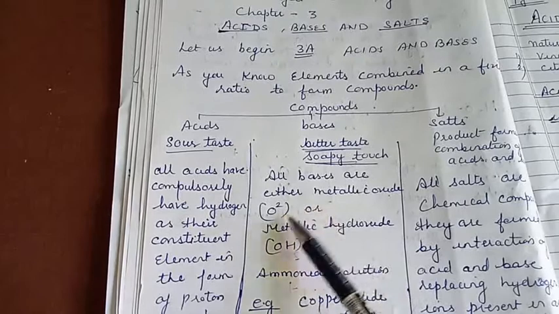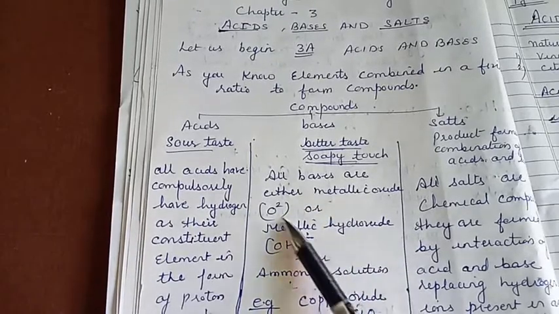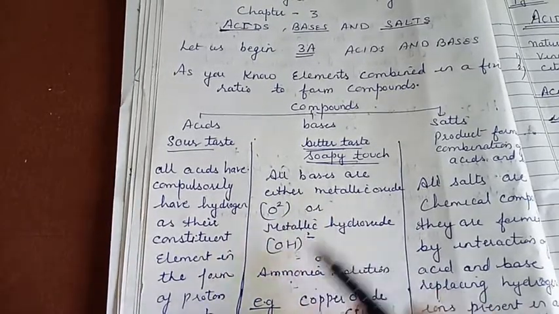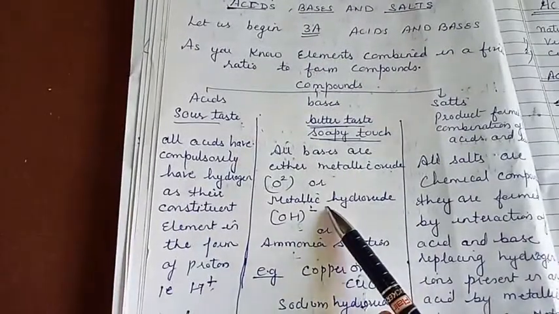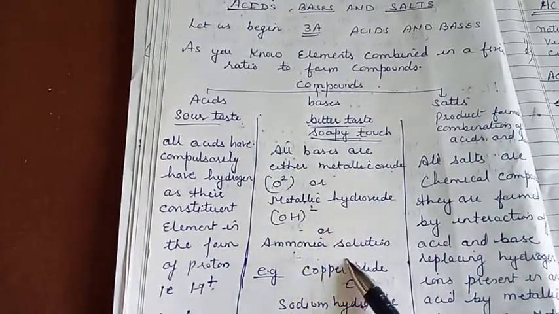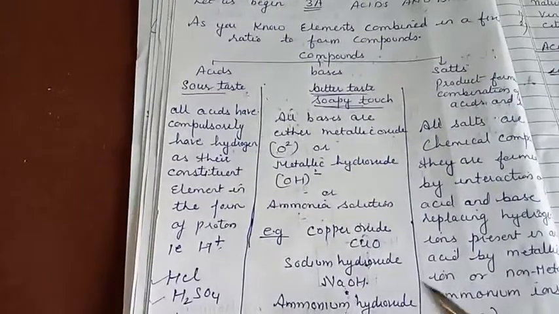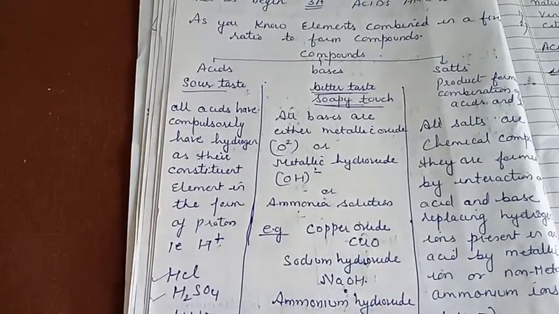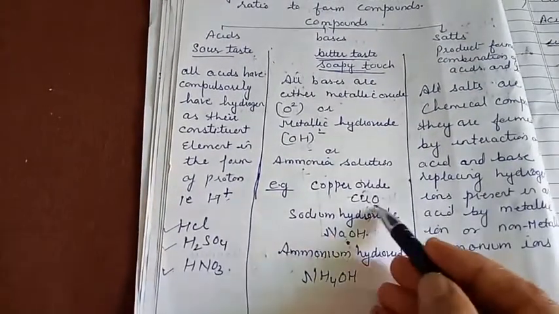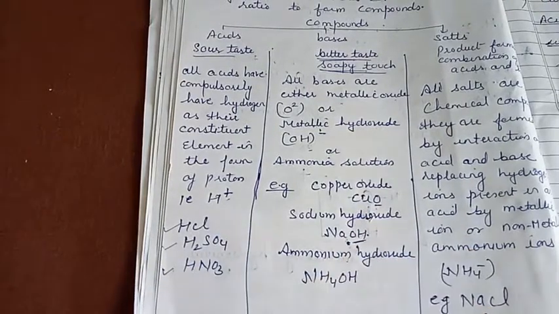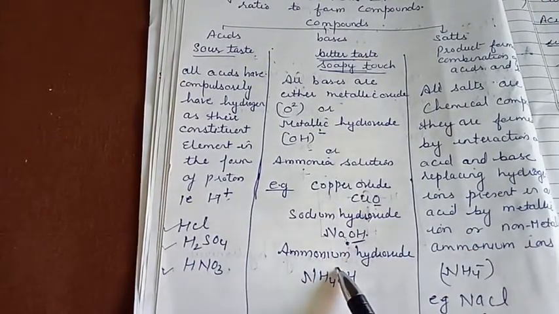All bases are either metallic oxides, that is oxide ion is there, or metallic hydroxides, or ammonia solution. Example, copper oxide is a base, sodium hydroxide; here oxide is there, here hydroxide is there, and here ammonium solution,